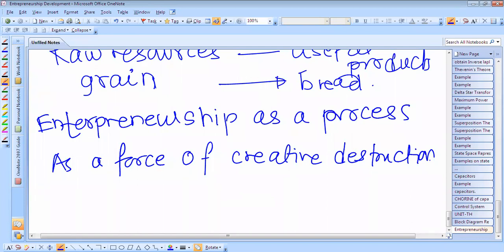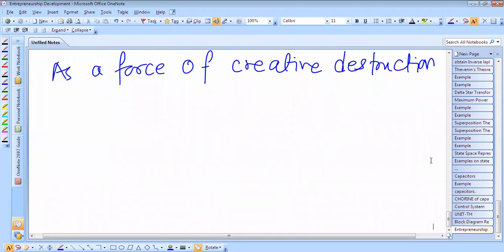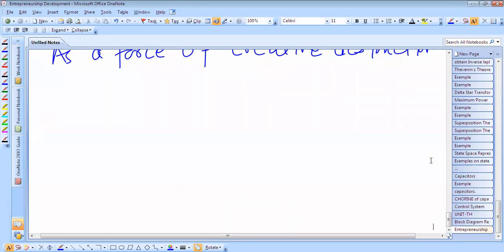Okay, so defining entrepreneurship. Now we'll define what entrepreneurship is. We do not have one indisputable definition of entrepreneurship or entrepreneurs. However, Schumpeter provides us a framework for understanding both in terms of a process. So the entrepreneur seeks, in Schumpeter's words, what does the entrepreneur seek? To reform or revolutionize the pattern of production